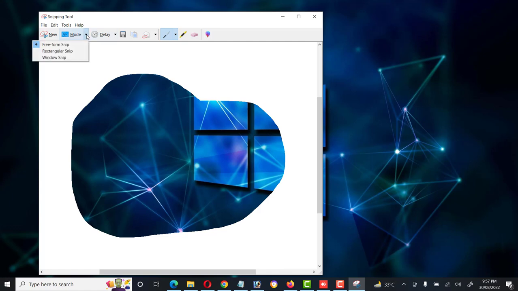If we choose the mode free form snip, we can save this snip with the save snip icon, and we can also copy this snip from the copy icon,